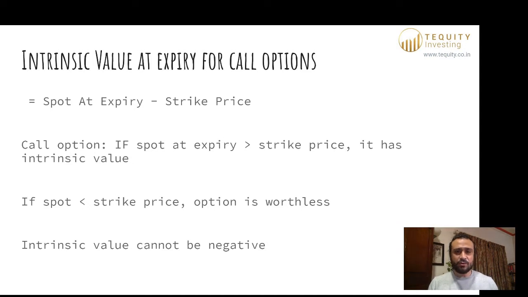That includes options for individual stocks which are FNO enabled. FNO enabled means futures and options enabled, like for example Reliance, Tata Motors, ONGC, SBI. The big companies typically have FNO and they are listed on the exchange. NSE is the exchange which facilitates these trades.